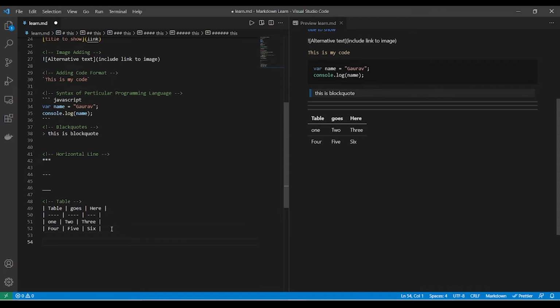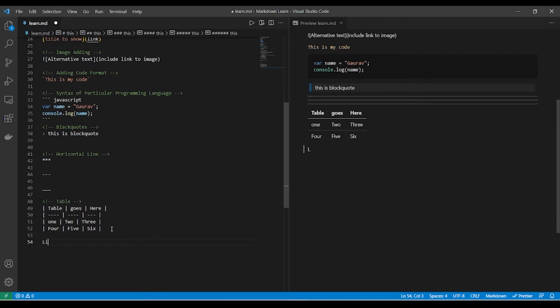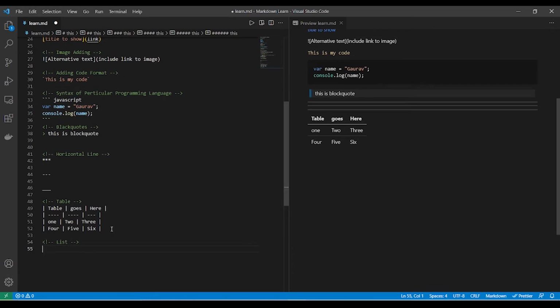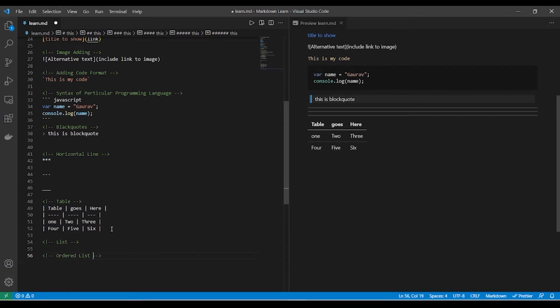Then after that, to make a list, let's name it list and comment it out. To write any list, we all know that there are two types of lists, ordered list and unordered list. So let's first discuss the ordered list and comment it.